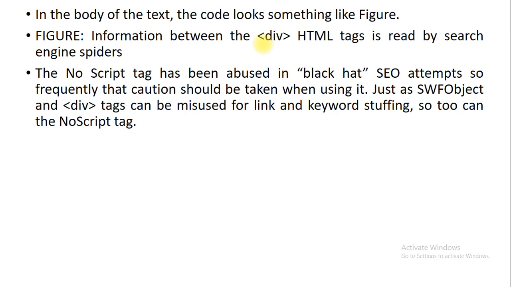Just as SWF object and div tags can be misused for link and keyword stuffing, so too can the noscript tag. When a page uses noscript content improperly, it can be considered black hat SEO, so you need to use a different kind of div tag, as with SWF object.